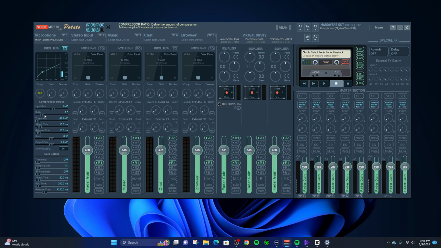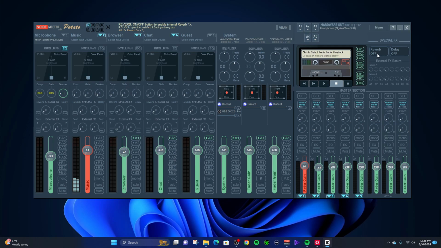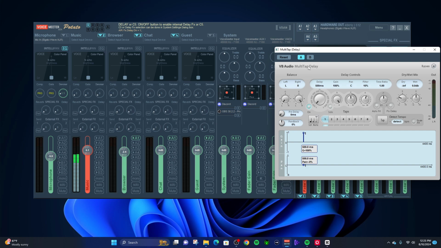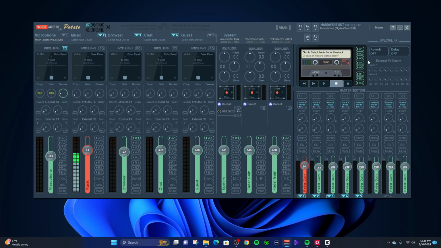Now, I'll have a separate video on how to use these to tune your microphone and to control dynamics in sources such as your music going to your stream. You can also have the ability to add reverb and delay with built-in effects plugins that you can route as an effects bus to mix into your dry signal. This is very helpful if you plan on using this for music streams,